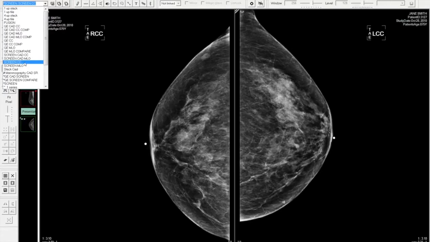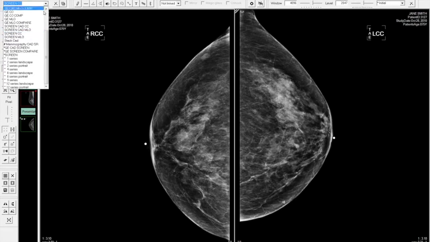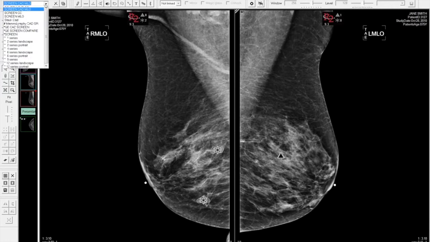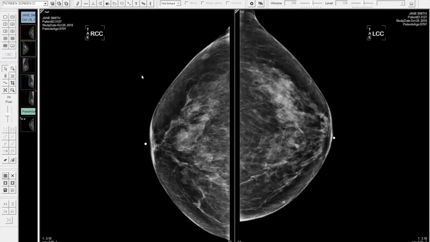and now I've created not only an individual hanging protocol, but a hanging protocol set so that I have CAD objects turned on, I have MLOs back-to-back, CCs back-to-back, lots of different views. And what I can do with those views is compose them into a hanging protocol set